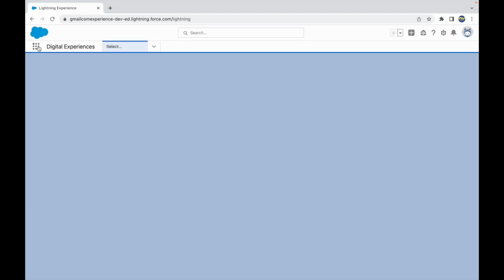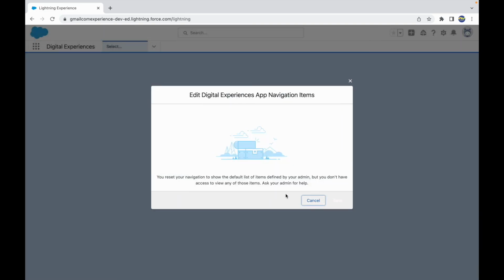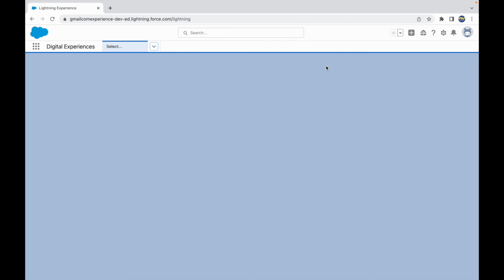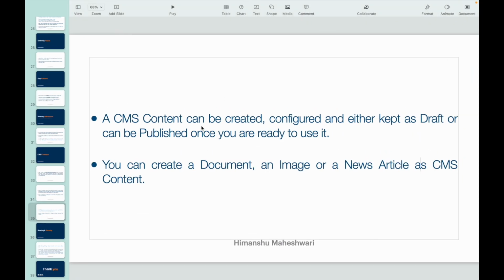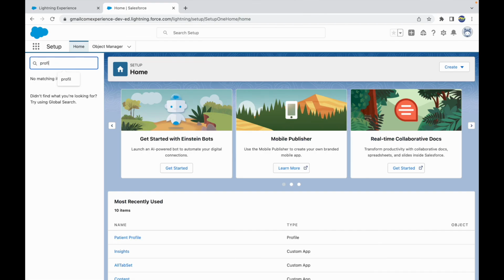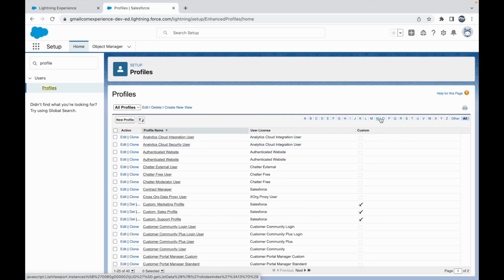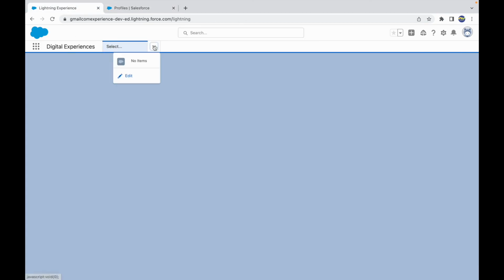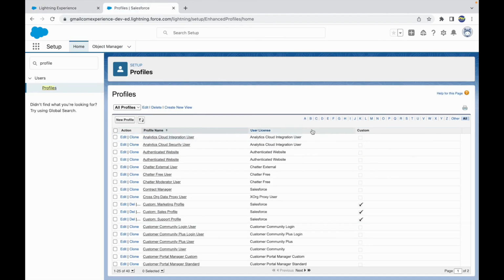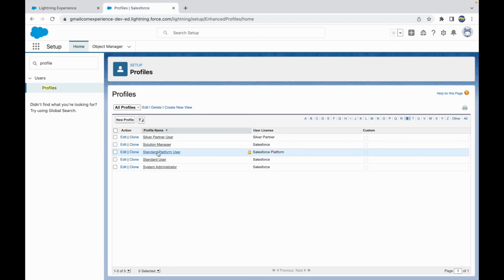So here you'll notice that we have something, I believe we do not have the available items. I'll have to ensure that that's made available. Let's take a look at, let's go to profiles. I should have a permission related to workspaces. I currently don't see any items available, right? So I have to provide myself the permission. So if I go to system administrator,